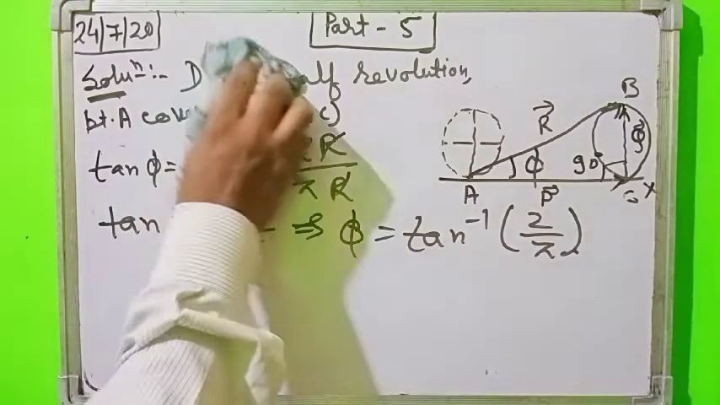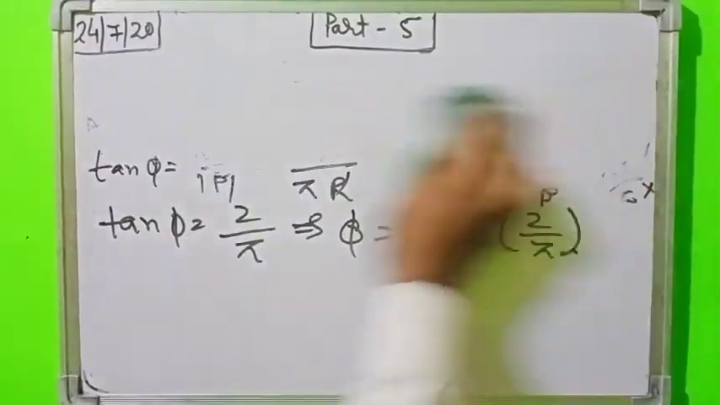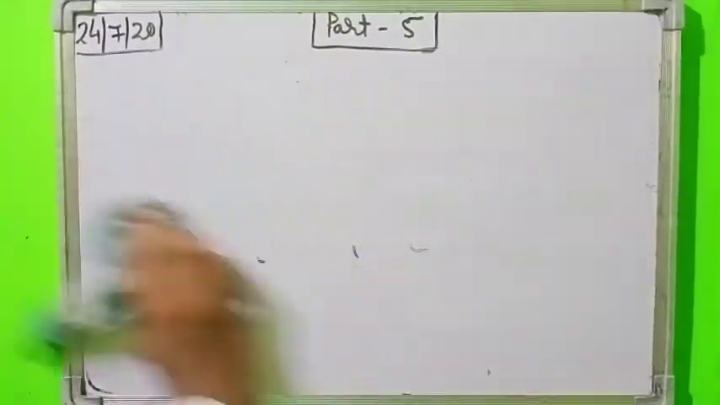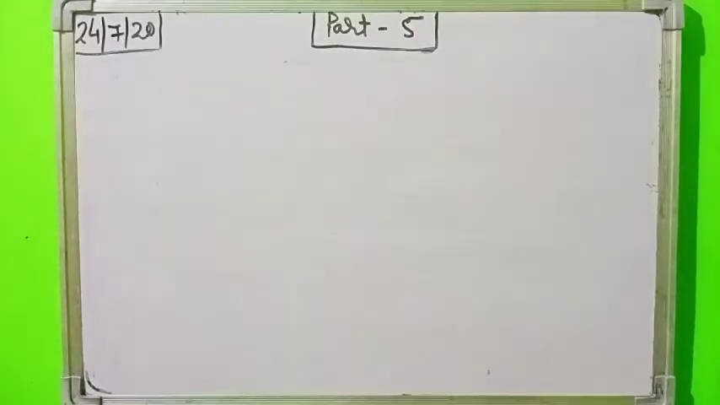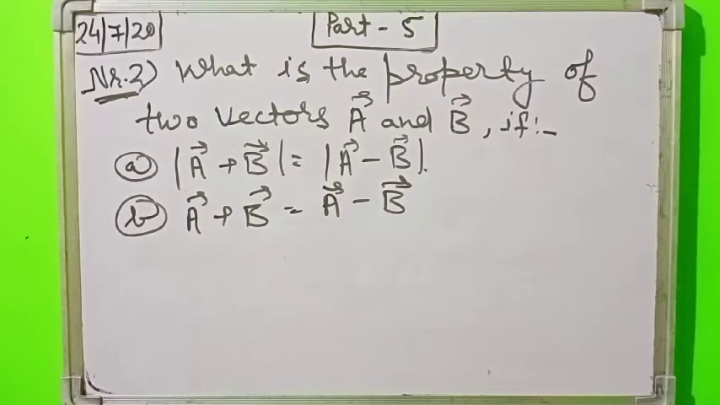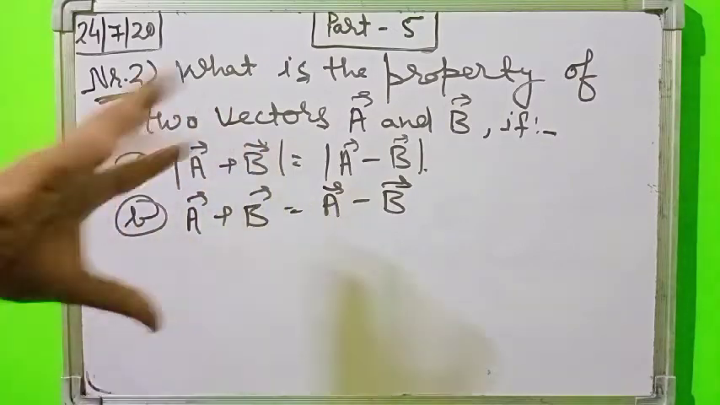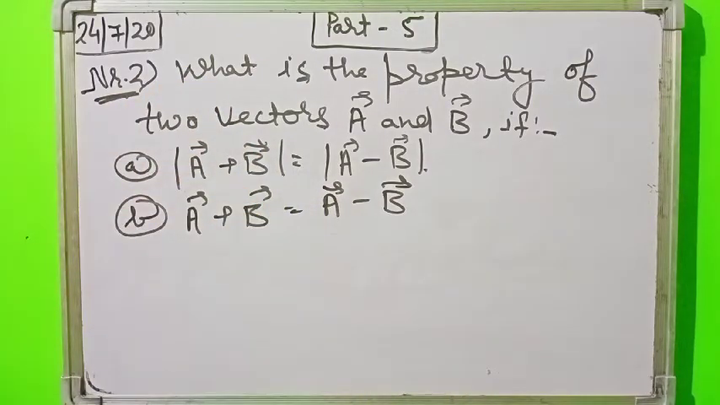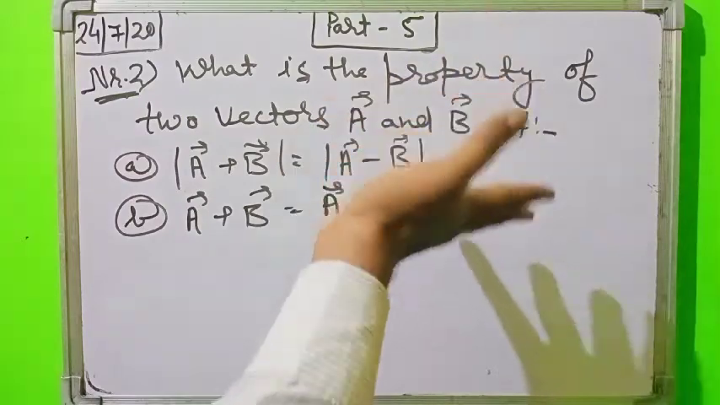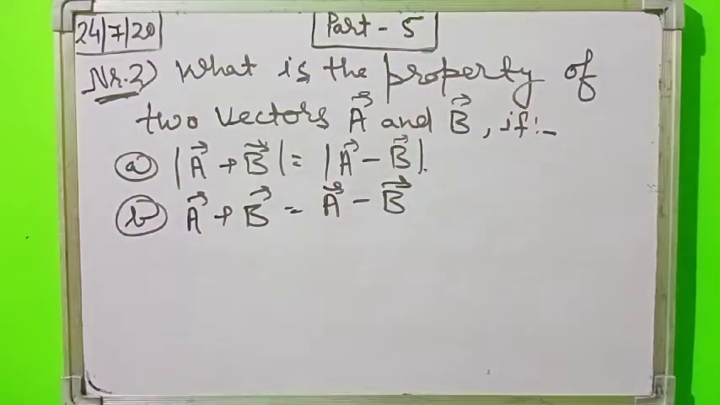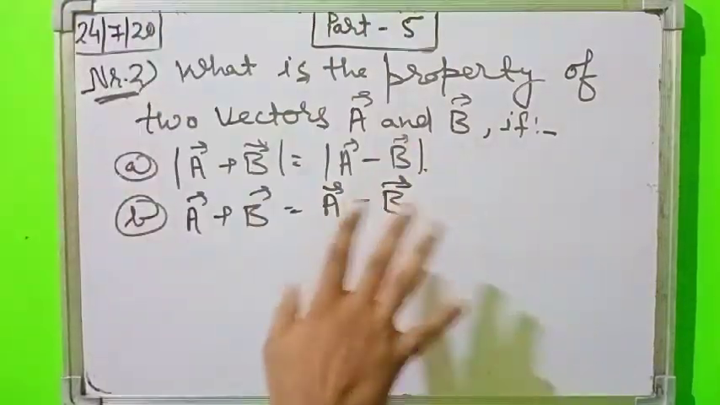Now look at the second question. We will try to solve the question. First of all, dear students, look at the numerical in front of you. You have to find out about vectors A and B. What type of vectors are A and B, which satisfy the first relation: mod of vector A plus B is equal to mod of vector